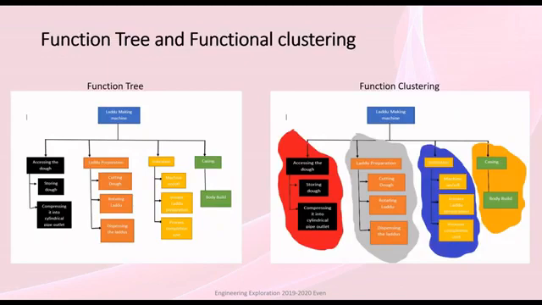Our function tree is for a laddu making machine. It starts from accessing the dough, in which we store the dough in the hopper, then we compress the dough into a cylindrical pipe outlet for the cutting mechanism using a helical screw. Then we have laddu preparation, in which we cut the dough using a blade into small cylindrical strips, and then the laddus fall into the rotating disc, in which the laddus rotate and become more accurate in size and more circular in shape, and then they get dispensed in the dispenser.